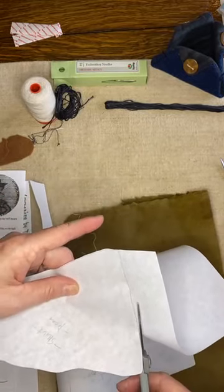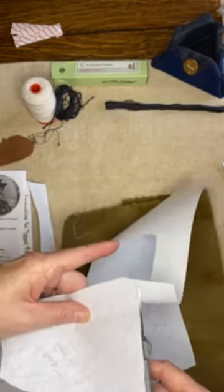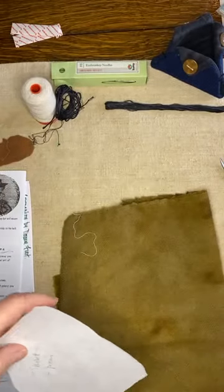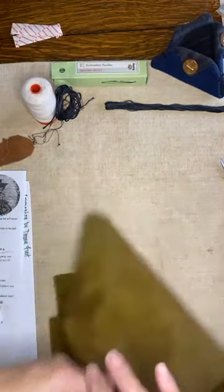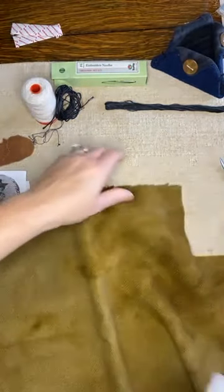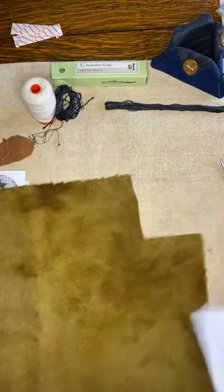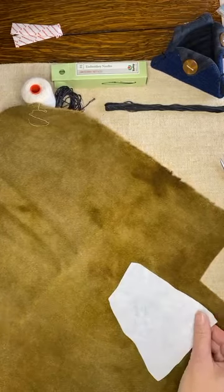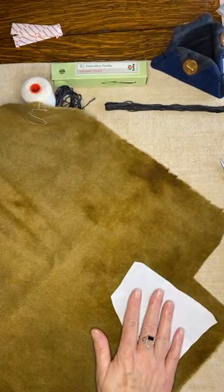Okay, so the bottom's not a big deal. If you want to add your own little curves, you can, because that's not butting up against anything. Okay, so now I have my skirt template. You would simply lay. Ooh, there's some nice modeling right there. I think I'm going to incorporate that into my skirt. You lay your piece down,